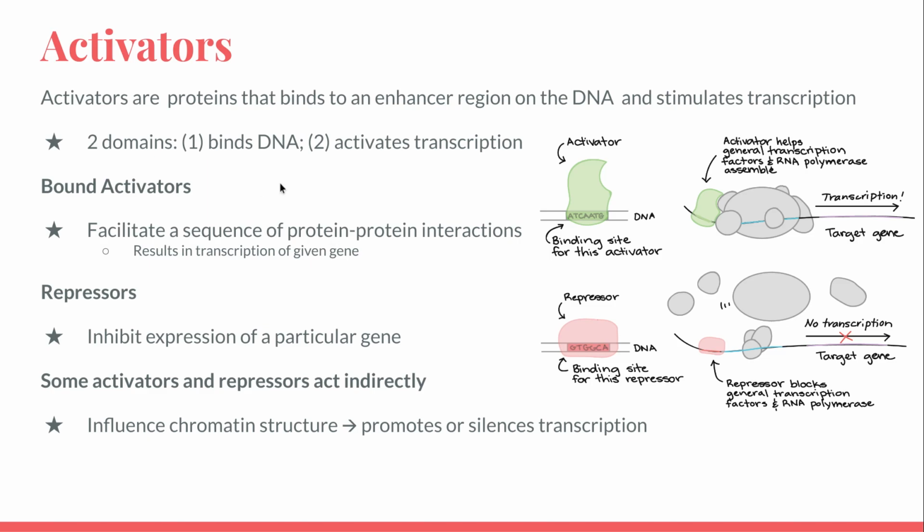And what happens, and we'll see this in a picture, is that even though there's a lot of DNA in between where the gene is and where the enhancer regions are, the DNA is going to bend over by elements called DNA bending elements, and then come back and bind to the transcription factors